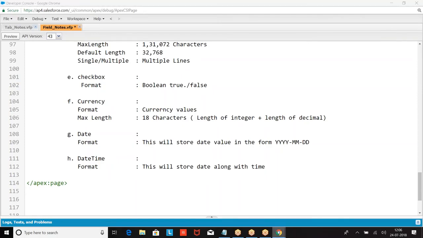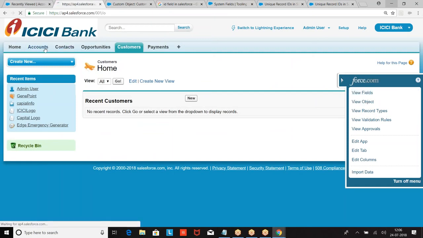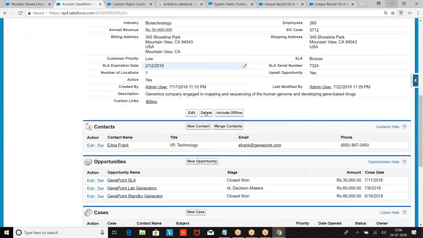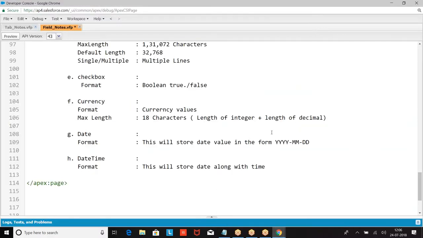If you go to date time, look at the format. How it is storing the date along with the time? Date, timestamp. Internally it is in the form of year, month, date. While displaying it will display as per requirement.